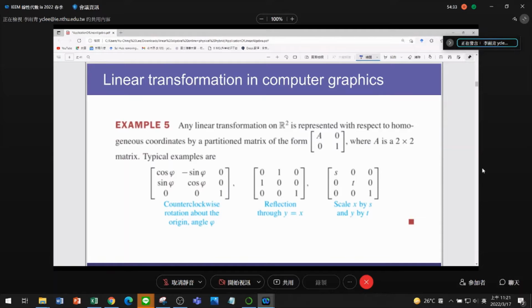So any linear transformation on R2 can be represented with respect to homogeneous coordinates by a partitioned matrix of the form. So this is exactly the same thing we were continually talking about. Originally we have a transformation matrix A, and then to put this matrix in homogeneous coordinates, we add one more dimension by adding a single value 1 in the diagonal element, and then the remaining rows and columns